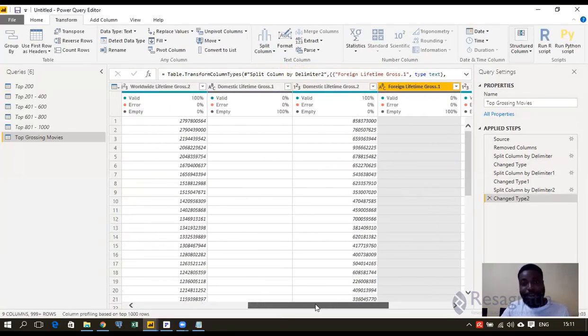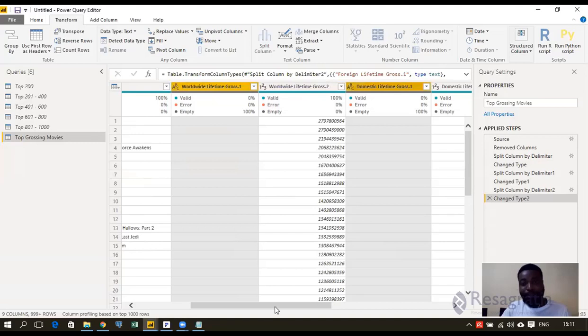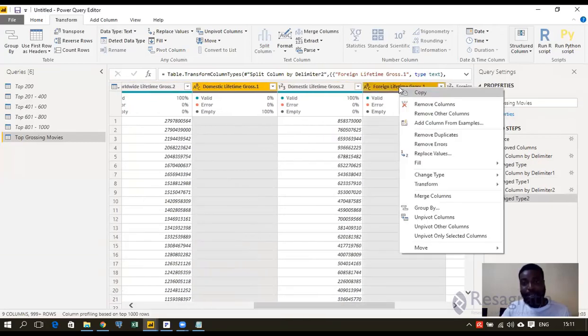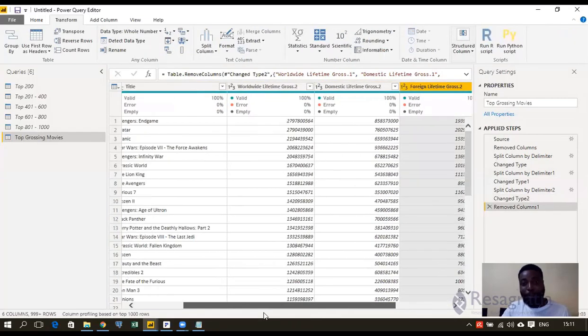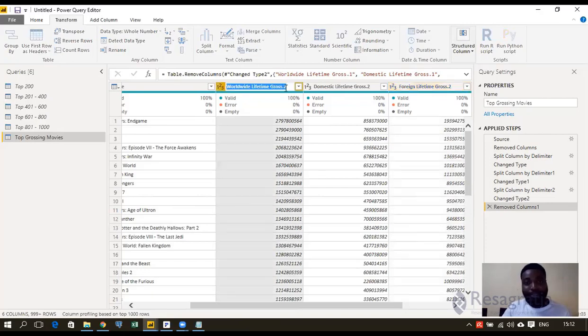So I can click, hold control, click the other ones I don't need, and then click the third one I don't need. Right click, and I'll remove unnecessary columns. So as you can see, the columns now have been properly formatted just automatically, but checked just in case as whole numbers. World lifetime gross has added something called 2 at the end, but we don't need that. I'll just remove the 2,